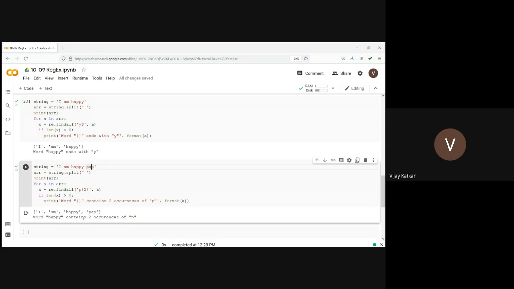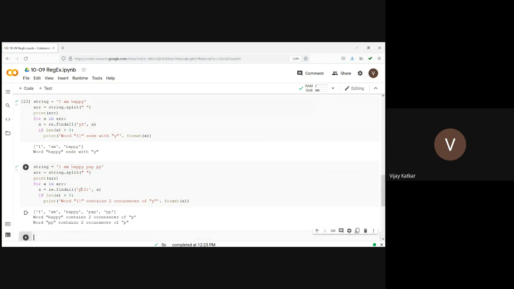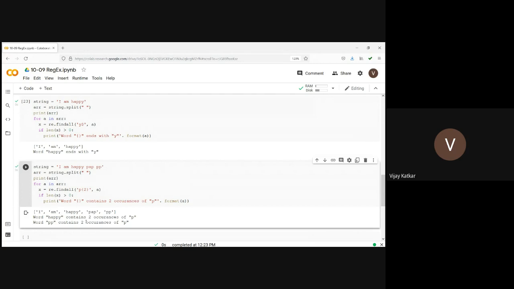So when it says it should contain two occurrences of p and those two p's must be consecutive, for example, here I'm writing PP. The word PP contains two occurrences of p, and here it said two continuous occurrences of p. Am I right?